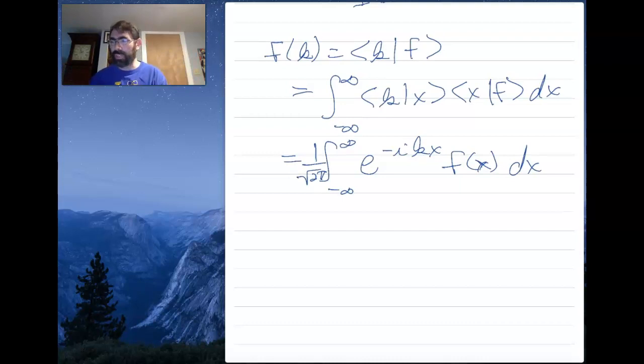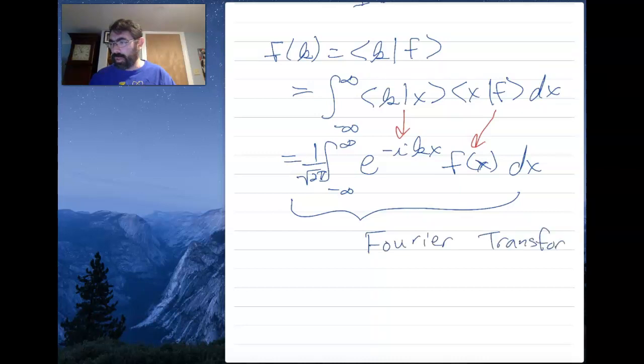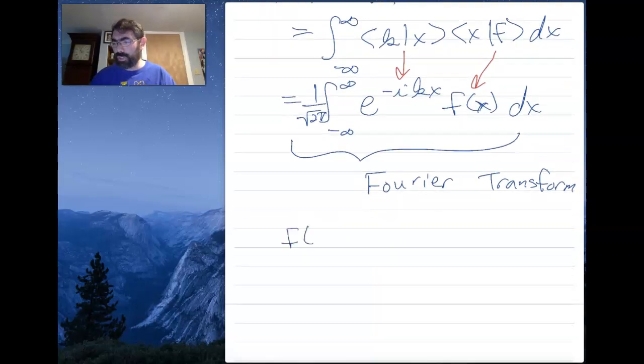So I've translated all the pieces. That becomes the function. Well, it's how the X space projects onto the K space. But if you look back into some of your math, what you find is that this is something called the Fourier transform. And so really what we're doing is we're starting with a function in X space and turning it into a function in K space. Fourier realized this almost 100 years before quantum mechanics was developed,